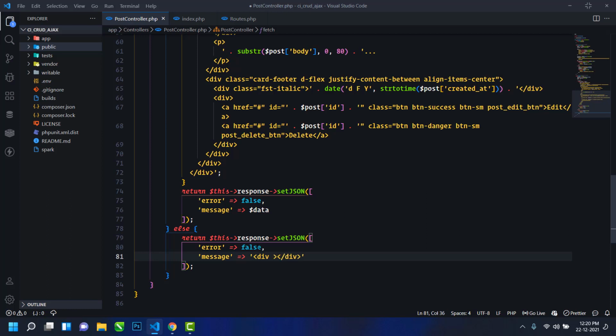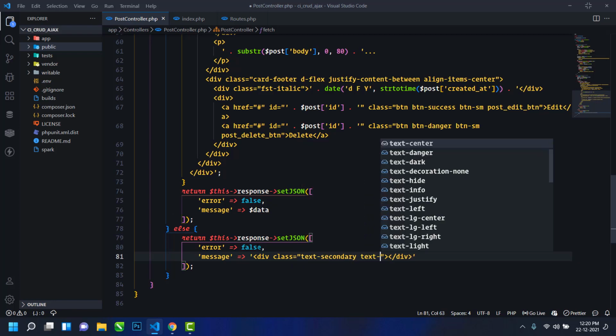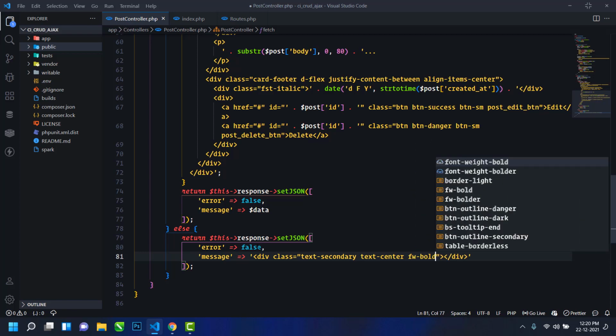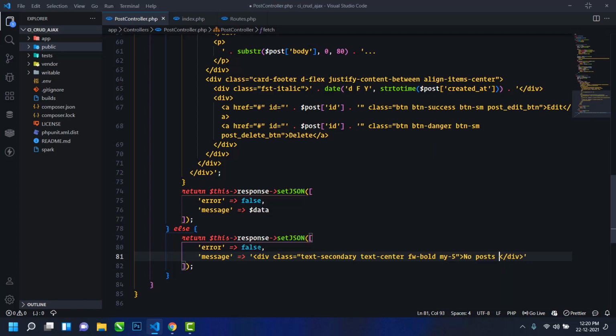Okay, so here I will use some bootstrap classes, text secondary, text center, and font weight bold, margin top and bottom 5, and here I will write no post found in the database. Okay,